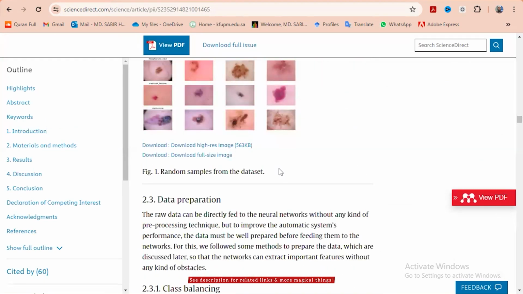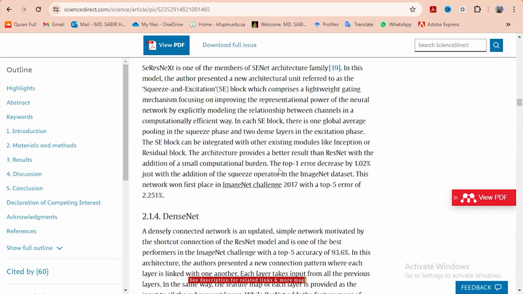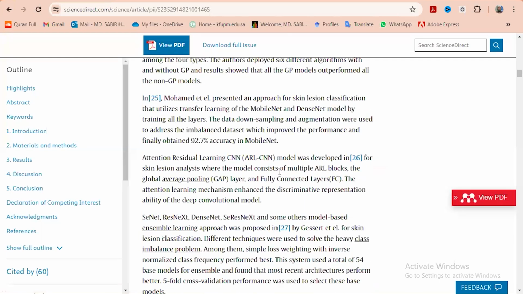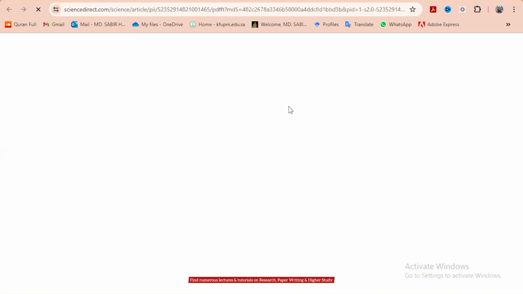But in social science or other fields, they generally don't use any such methodology. They generally explain the data collection method or technique. But in engineering research, we specifically present our idea using a